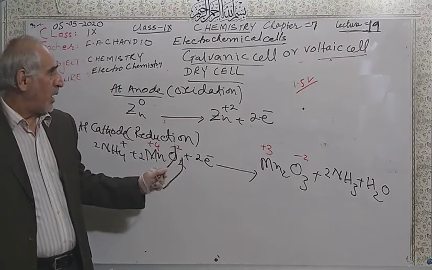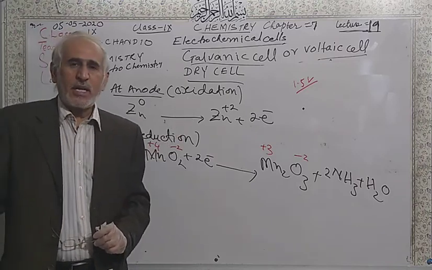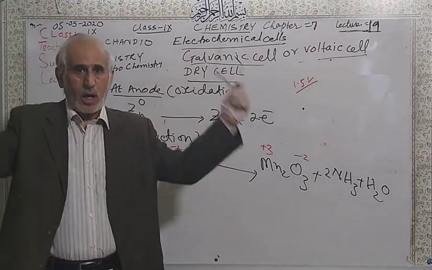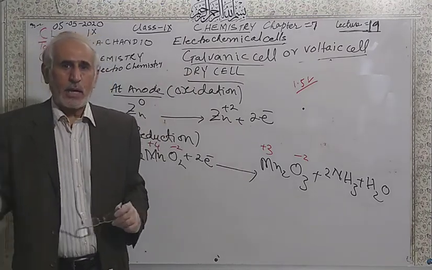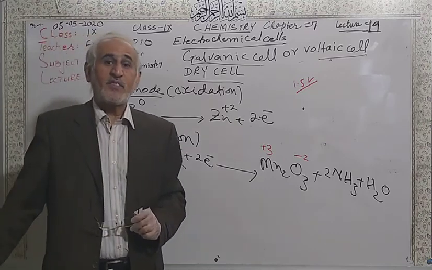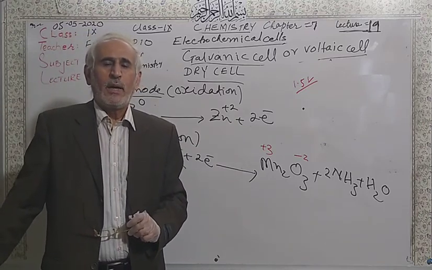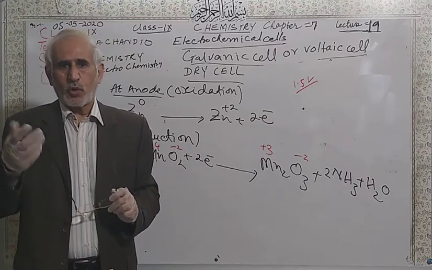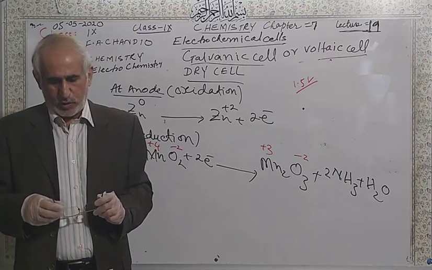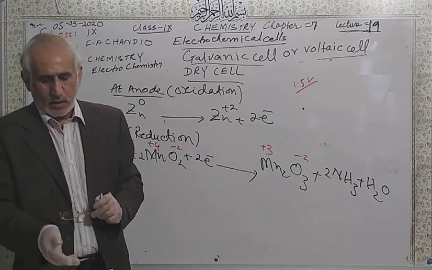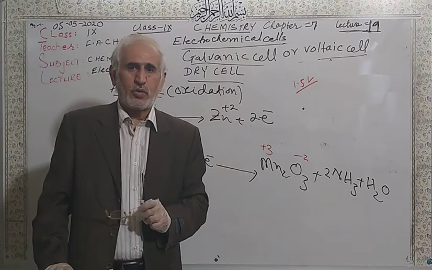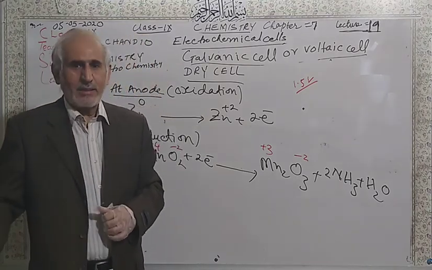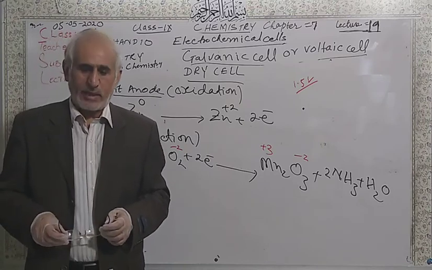Then inside, ammonium chloride and zinc chloride are used as the electrolyte, and around it is a white cup container. This is made of zinc, which is used as the anode. Then it is sealed, and outside is cardboard, with good paper for decoration and plastic paper coated on it. You can see the diagram. We use it in the torch, in electrical appliances, and in toys. So this is the galvanic cell.